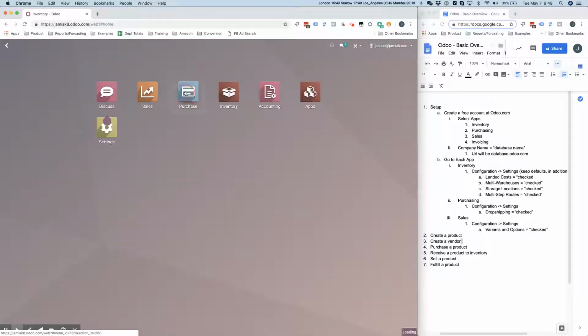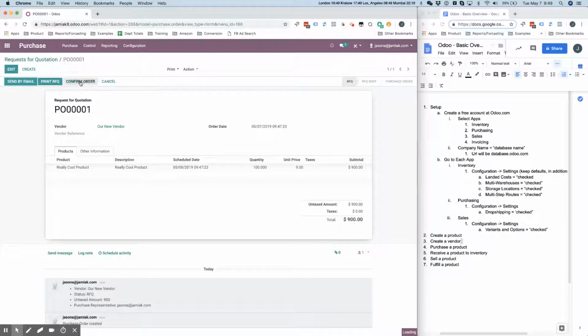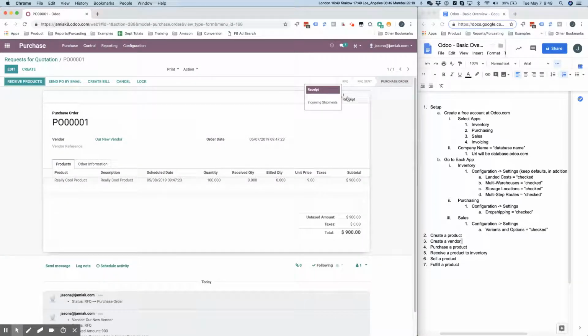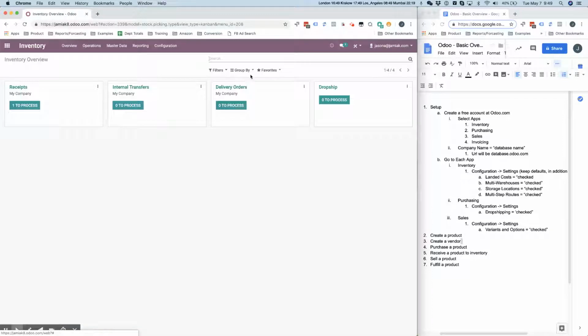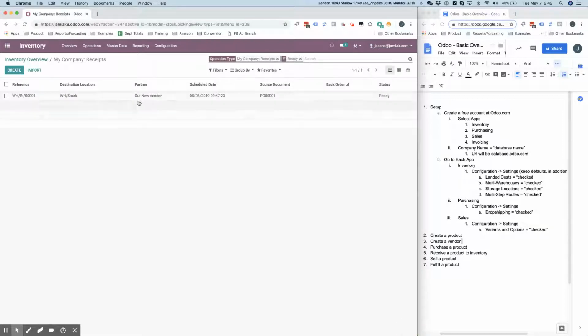So what we're going to do is go over here to this purchase order, and we're actually going to confirm our purchase order, which is going to create a shipment. So this is an inbound shipment that's coming to us. If we go over again to inventory and we look at our warehouses, I'm going to go warehouse, and then I'm going to use by default, so it'll always show up this way for me. You'll see we now have a receipt coming into the warehouse. That means we have a shipment that's inbound to our warehouse